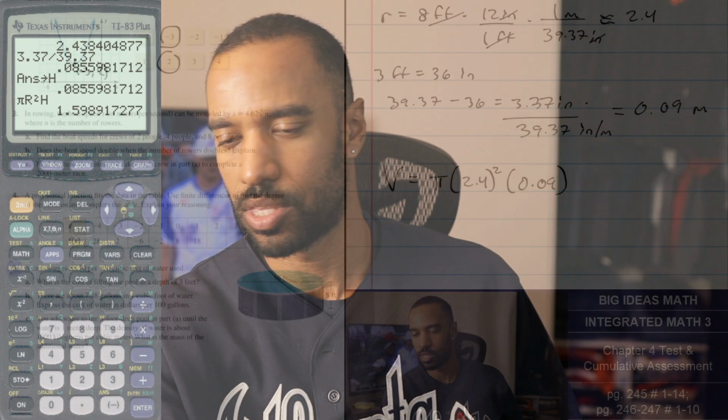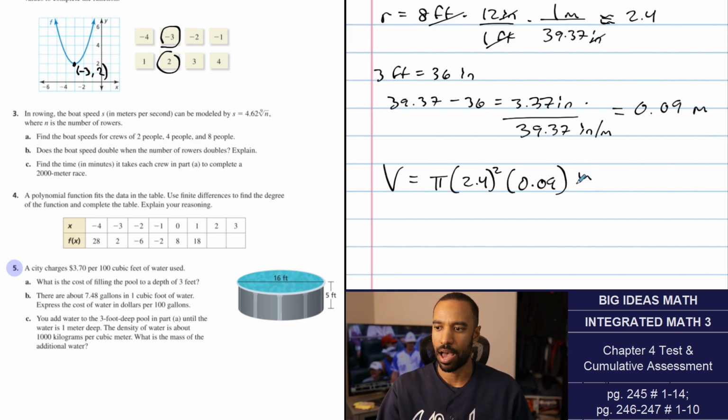Pi, but I had to hit alpha. So pi r squared times height is going to be the volume of this pool. Let's do that again. Pi, R squared times height. Okay. Now this is how many cubic meters the volume is that I'm adding to the pool. That's about